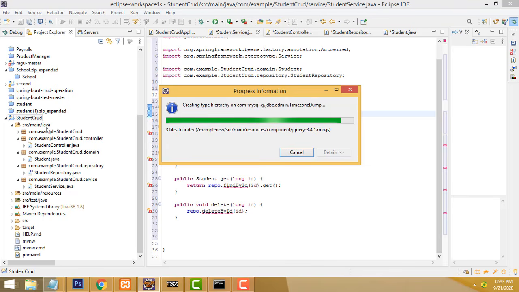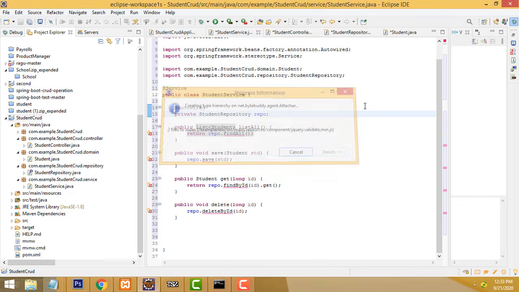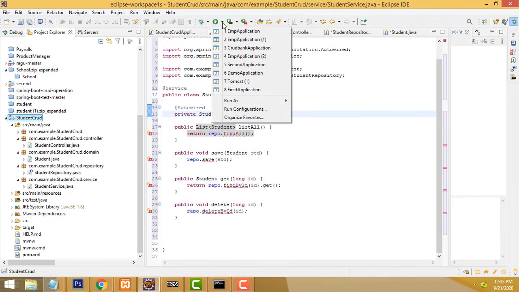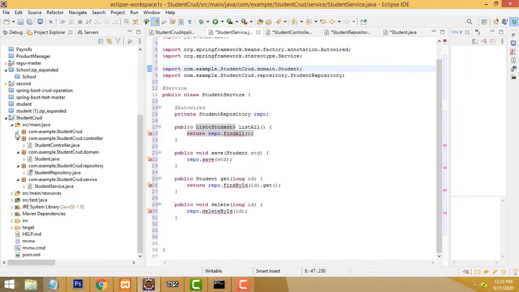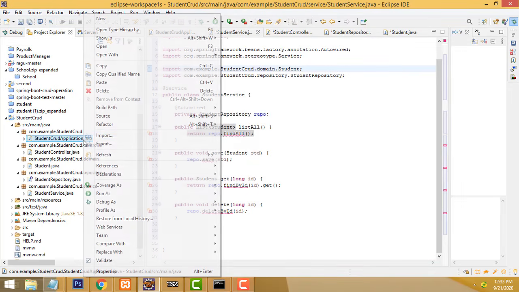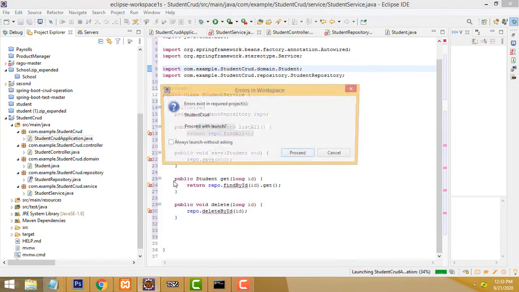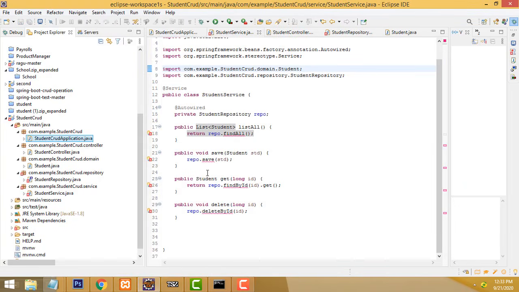Okay, no problem. Right, this package. Just compile. Again, select the main class and compile, right. Let's proceed.